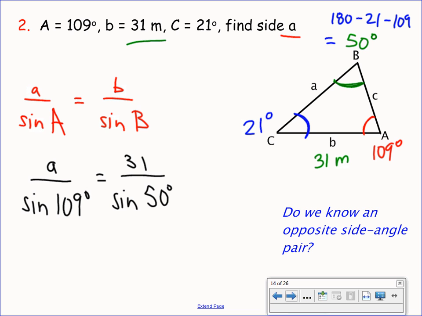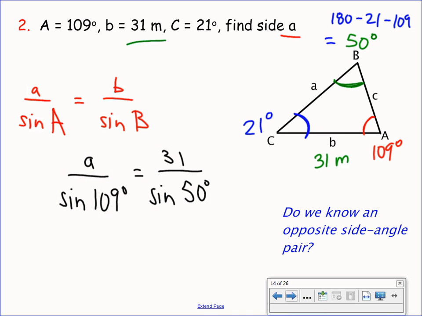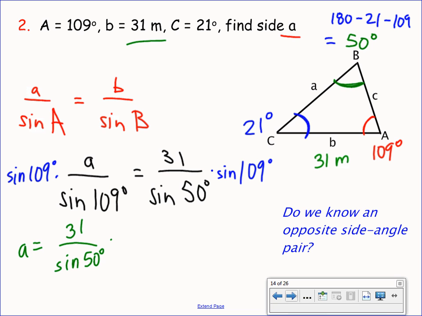So we can now solve for side length A by multiplying both sides by the sine of 109. Side length A is given by exactly 31 over sine of 50 degrees times sine of 109 degrees, and that's approximately